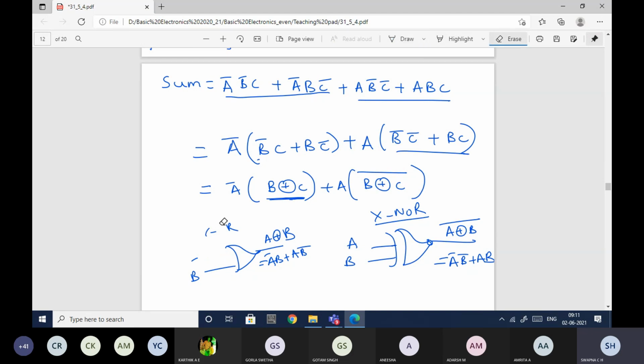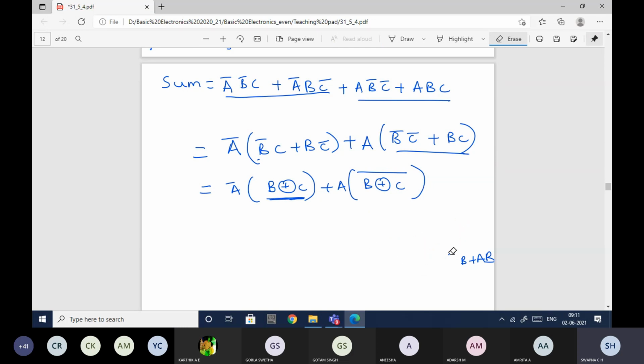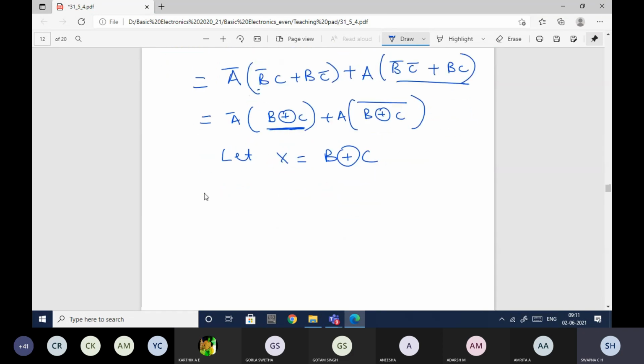Let me erase all this. Now let me consider that X is equal to B exclusive or C. So this equation will turn to A bar, in place of B exclusive or C I'll write X, plus A into B exclusive or C, which is X, and I have the complement also, X bar.